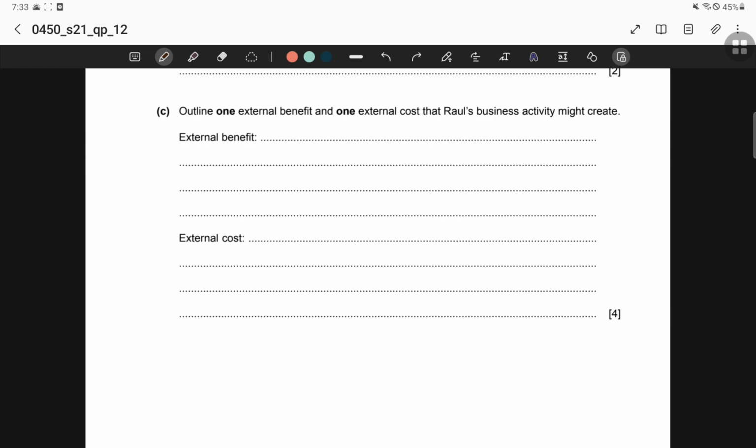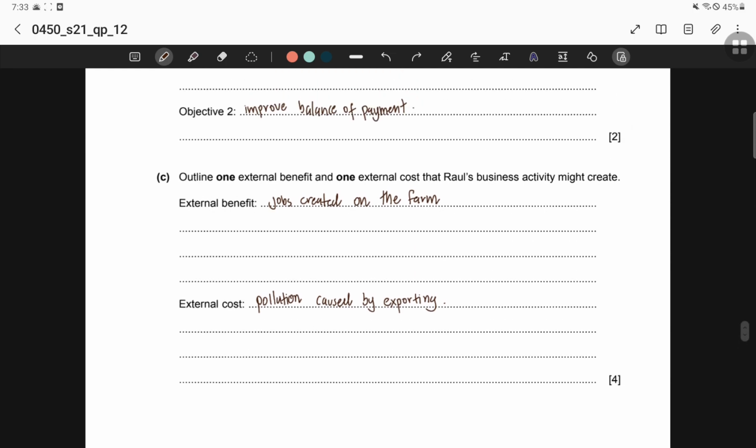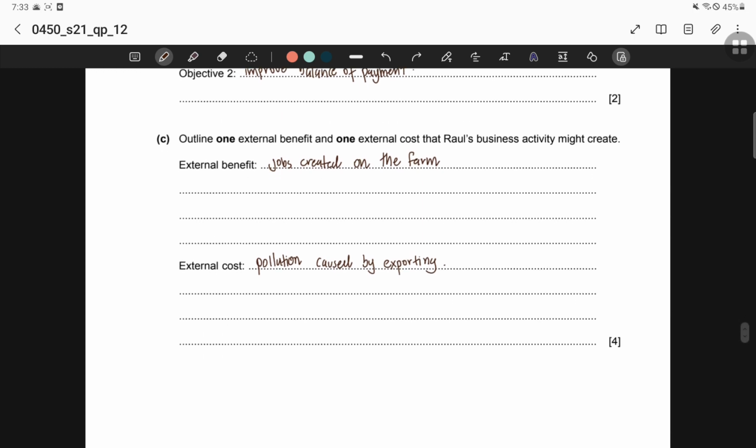For each of those you'll get a mark, so you have to write more than one for the environmental one. But the first 2, jobs created on the farm or pay taxes on the oranges, these 2 will give you 2 marks. So we have here jobs created on the farm,